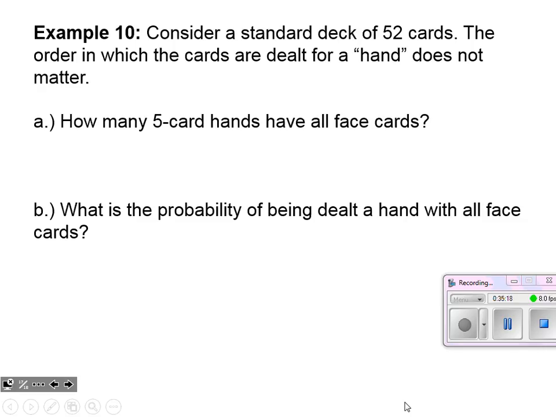Okay, and our final example on this marathon of a lesson. Consider a standard deck of 52 cards, and if you need to see what a deck of cards looks like, remember I've given you that information earlier in this chapter. We knew we were going to see quite a few card draws and things like that when we were talking about probability.